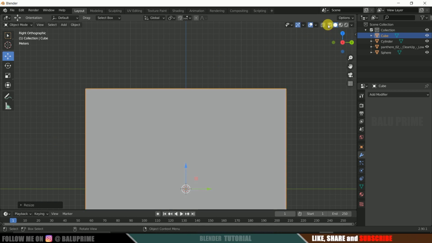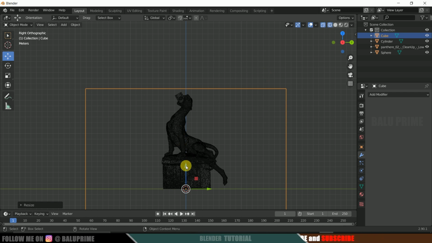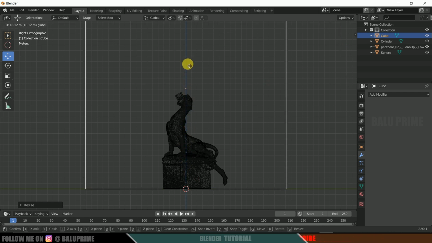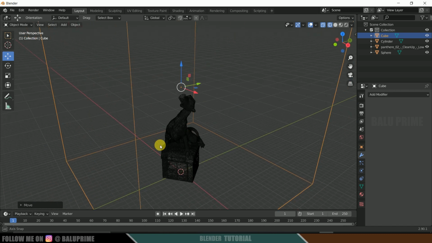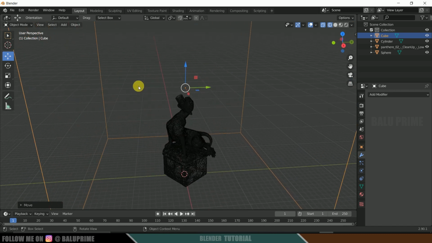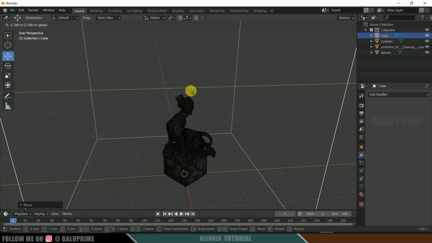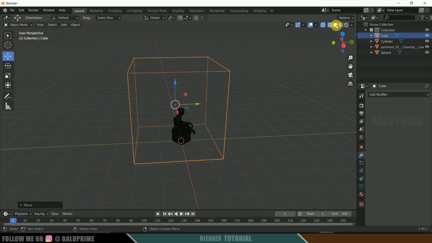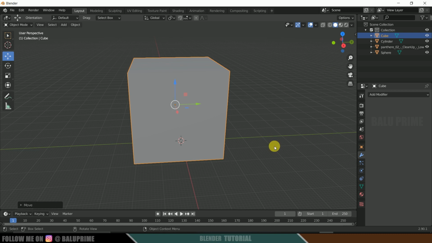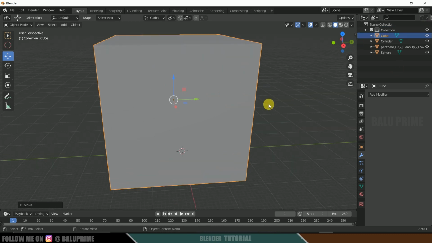Let me change this to wireframe and let me place it here. Just place it above. Okay. This liquid simulation will take place inside this cube. Without this domain, the simulation won't be possible. So create a cube and increase the scaling of this here. Let me place it here a bit. Fine. Now let me go back to the shaded viewport. Okay. Now let's apply the fluid to the sphere. First let me hide this outer cube.